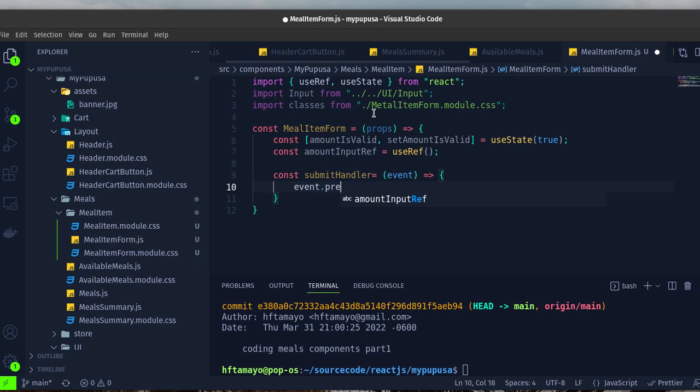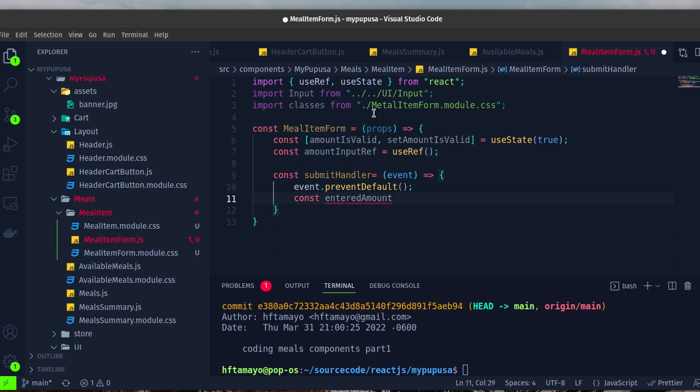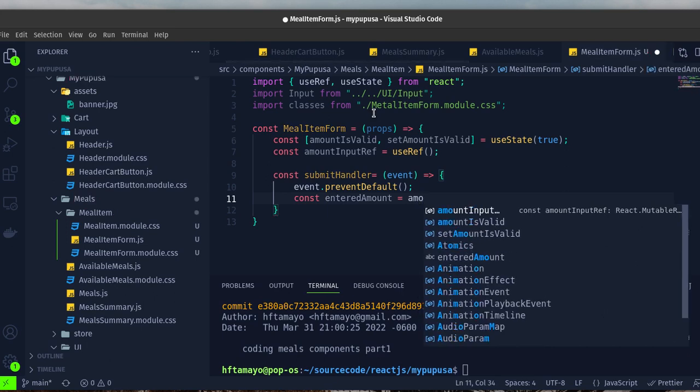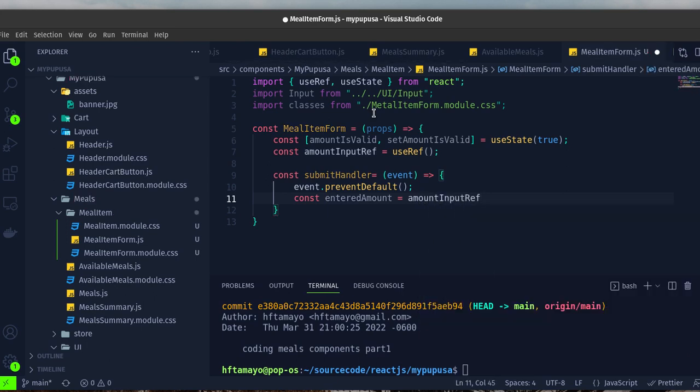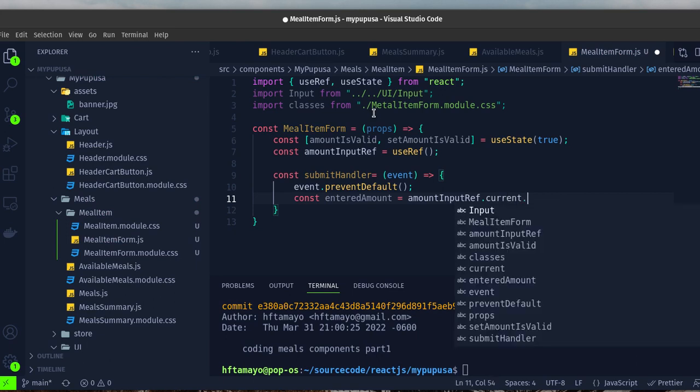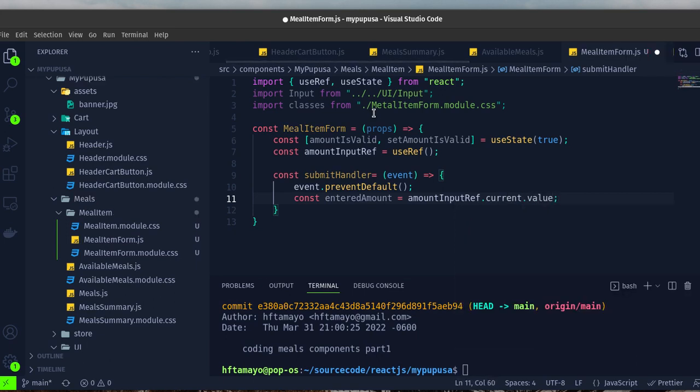First, we need to prevent the default behavior, because I don't need, for example, to refresh the entire page, and I have to manage the product quantities. Okay, so I need to obtain that value, and